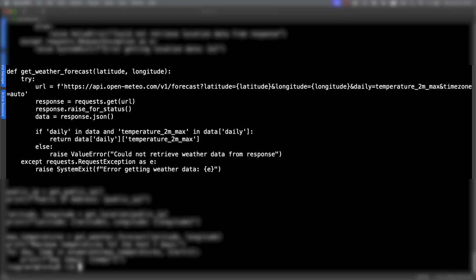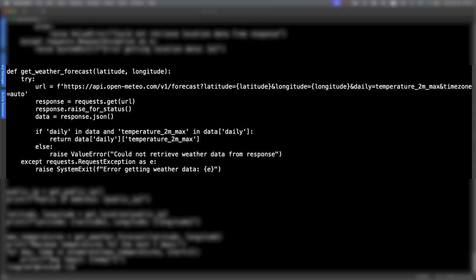So if I open up my stage 3 or s3.py file, we can jump straight down to our function, the get weather forecast, where we pass through the latitude and the longitude. We've made up the URL, and you can see within the URL, we're passing through then our longitude and latitude.